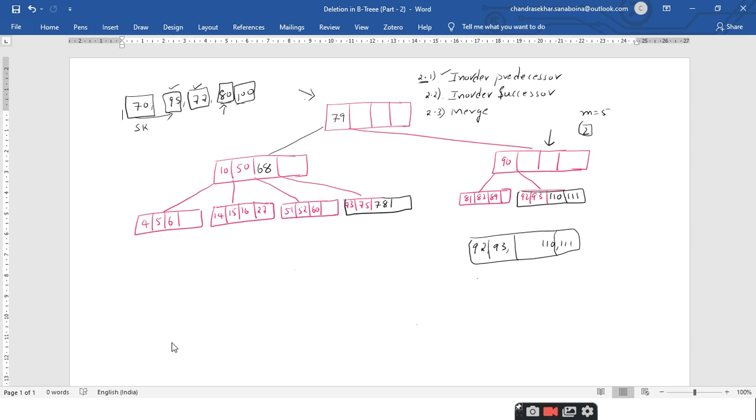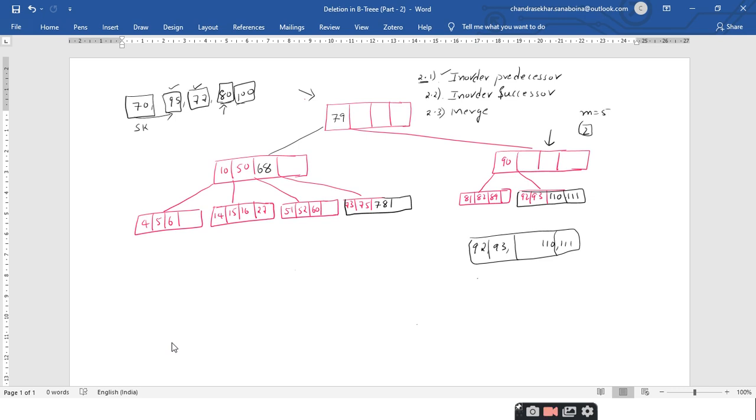You have to apply the properties of borrowing. So you have to borrow it from the immediate left sibling or from the immediate right sibling. Since this node does not have any immediate right sibling, it is mandatory that you should borrow it from the immediate left sibling only, right? Is it clear?